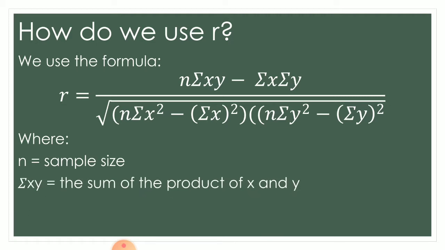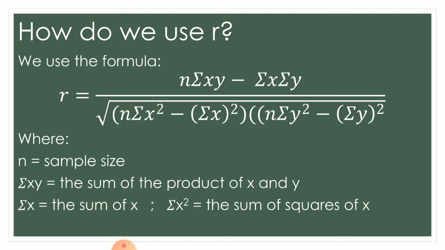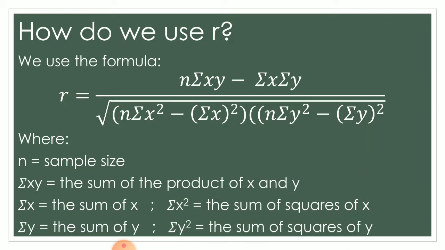summation of xy is the sum of the product of x and y. The summation of x is the sum of x. Summation of x squared is the sum of squares of x. Then, the summation of y is the sum of y, and the summation of y squared is the sum of squares of y. For example,